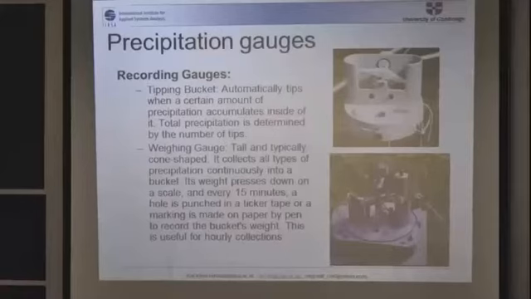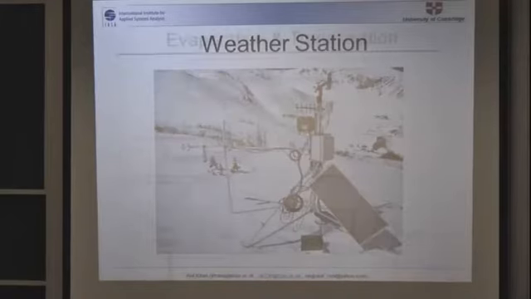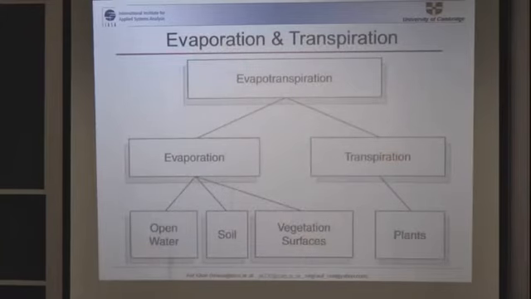But normally it depends on the precipitation type. If there is more snowfall, we use larger funnels and larger gauges compared to those for rain. This is a typical weather station to measure different parameters in the mountain regions, particularly where snowfall is the dominant precipitation factor. If we look at the other factor, which is evapotranspiration, there are two parts, evaporation and